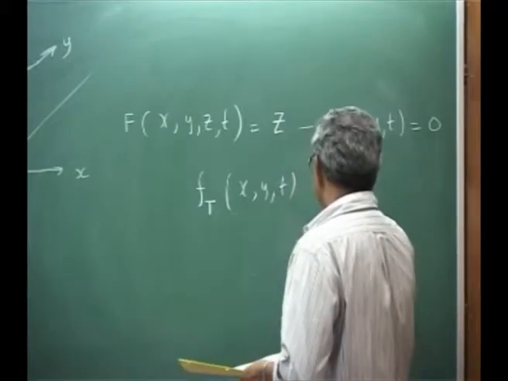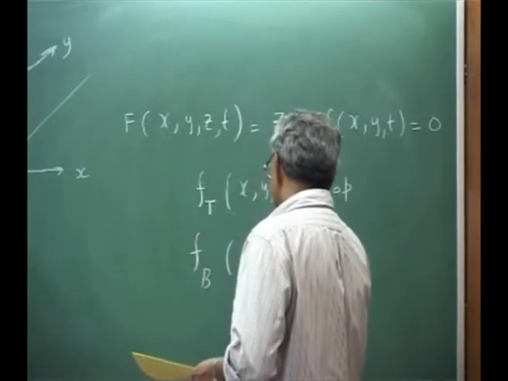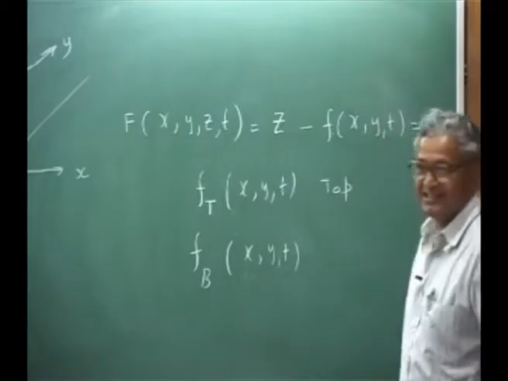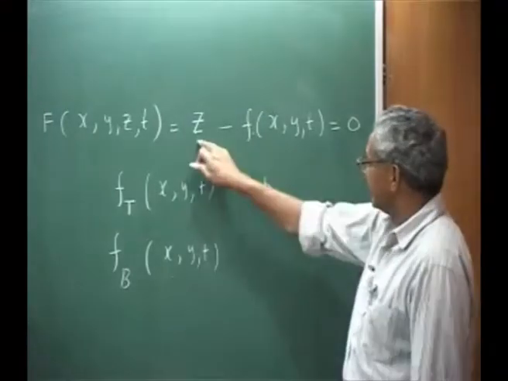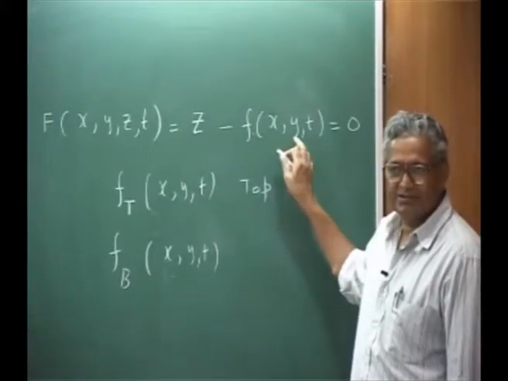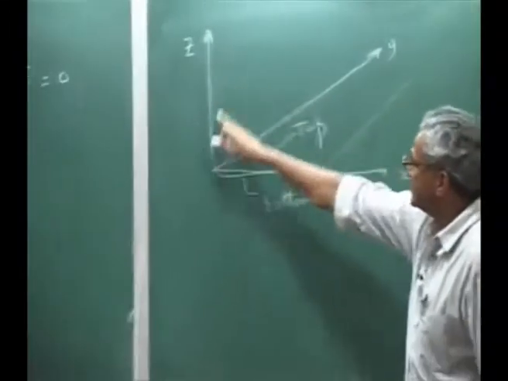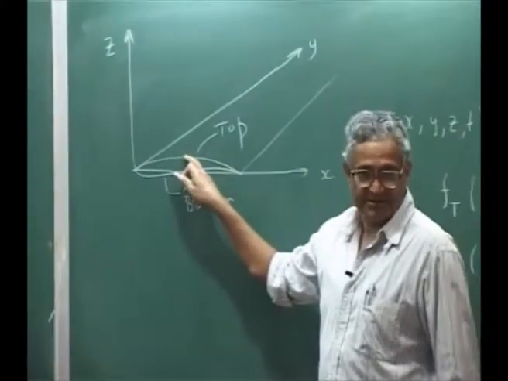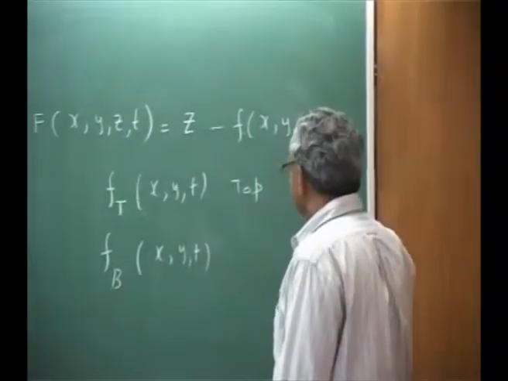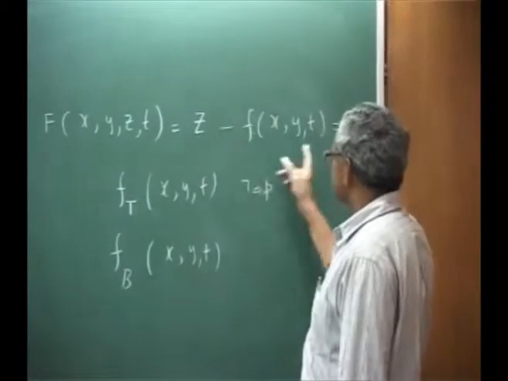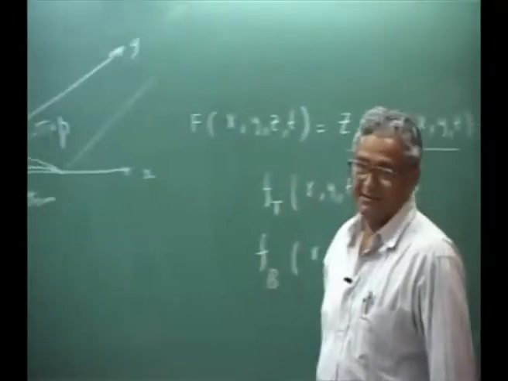This is top, and the bottom you can write as F B, which is a function of x comma y comma t. These are the top and bottom surfaces. Now this is how we are saying that I am splitting, somehow the z is coming out, and I am writing the z, which is the location on the surface, as basically a function of x and y. Now if I have this type of representation, F T and F B, I will go back to the